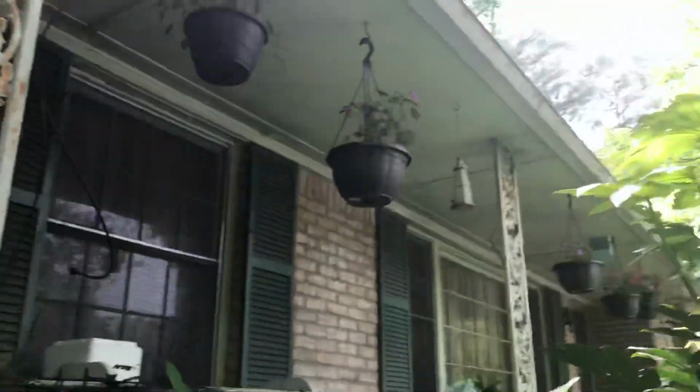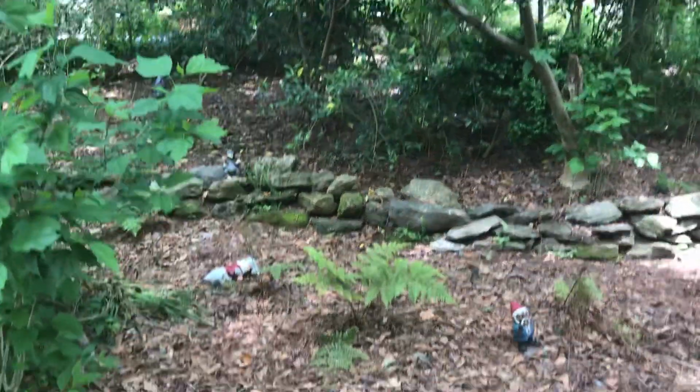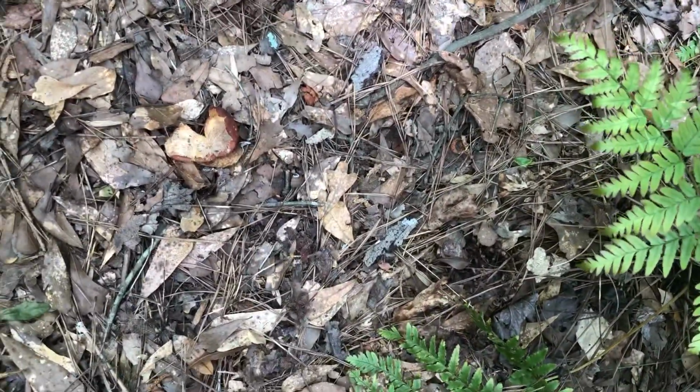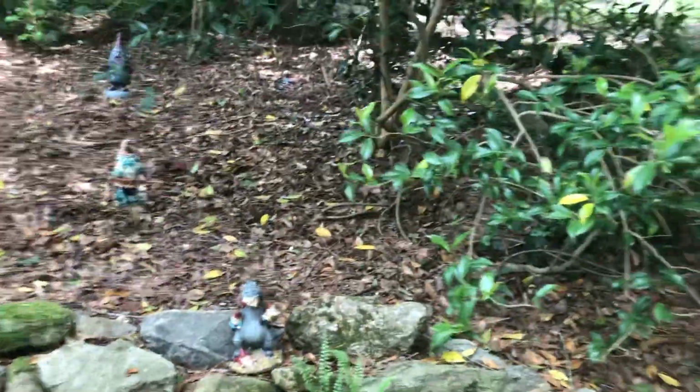I have not yet seen any birds in the birdhouses, but I am hopeful because I seem to remember that it was later in the season. Something keeps running through here, see, and taking stuff out of the compost. I'm thinking it's probably a raccoon, which really wouldn't bother me so much if it wouldn't keep knocking over my gnomes. But anyway,